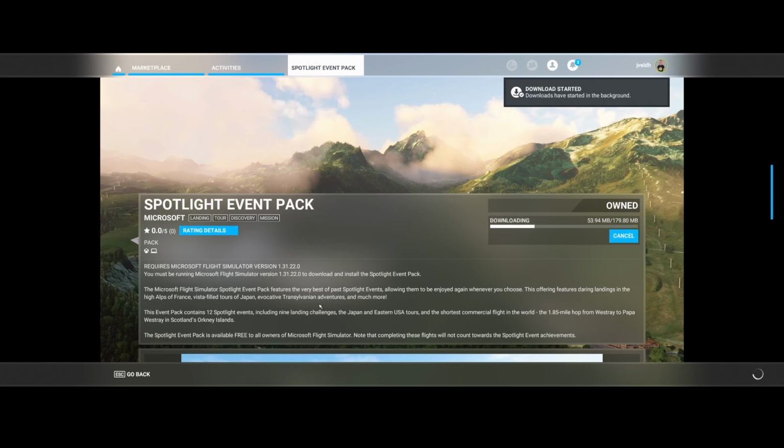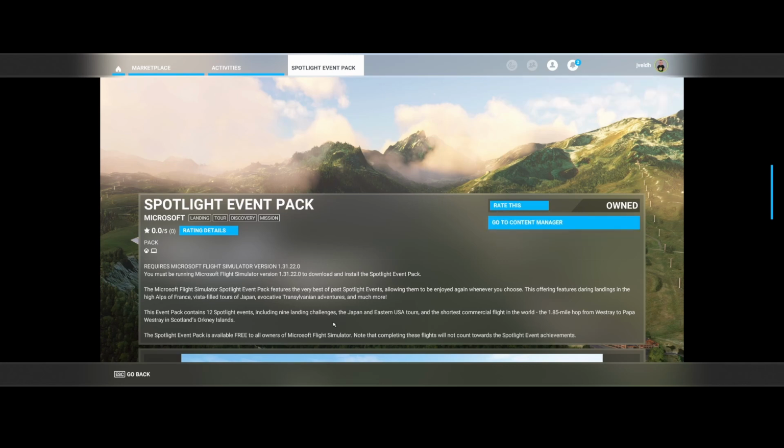It will include all the spotlights, which were, I would say, available prior to the latest spotlight event. So if you have, I would say, always dreamt of flying a spotlight event again, then this is good news, because now you can officially add it to Flight Simulator, right? There was already a workaround where somebody posted them, but this is official, so you now go to your marketplace and simply